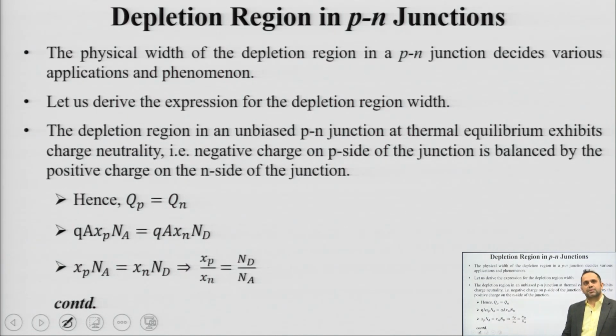Finally, we need the expression for the depletion region width also. So, you have a potential, you have an electric field and you have a finite width. For this, we say that the charges on the negative side or the P side, the negative acceptor ions, they produce some charge. This is balanced by the positive charge on the N side. So, Qp is equal to Qn. Okay. So, charge on the P side is equal to charge on the N side.